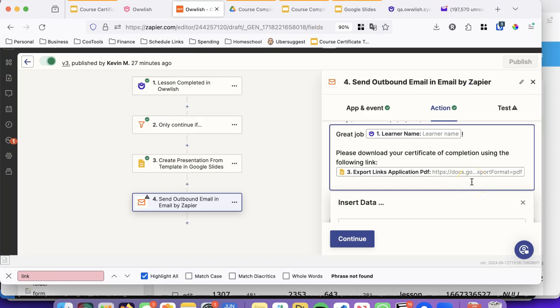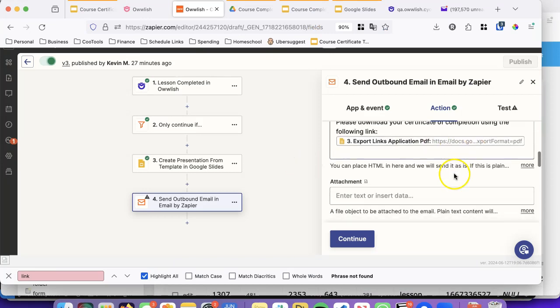You could, I guess, do the previous. You could share it as a document as well, but I think that the easy